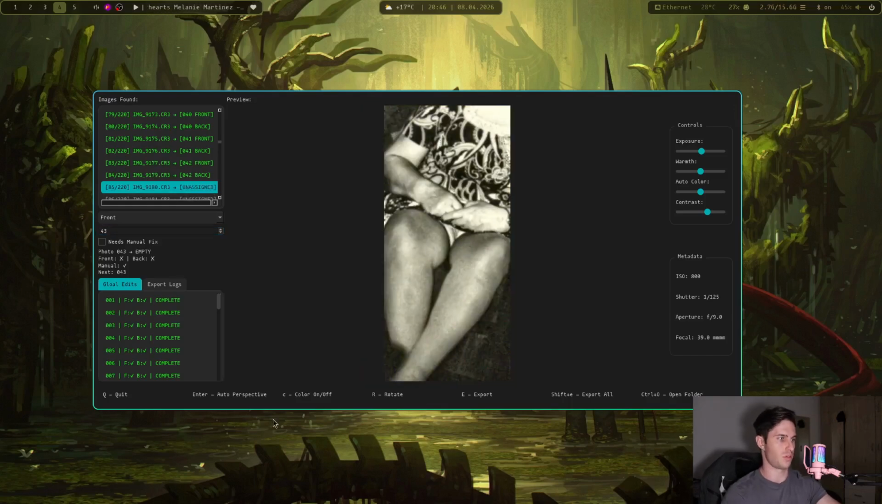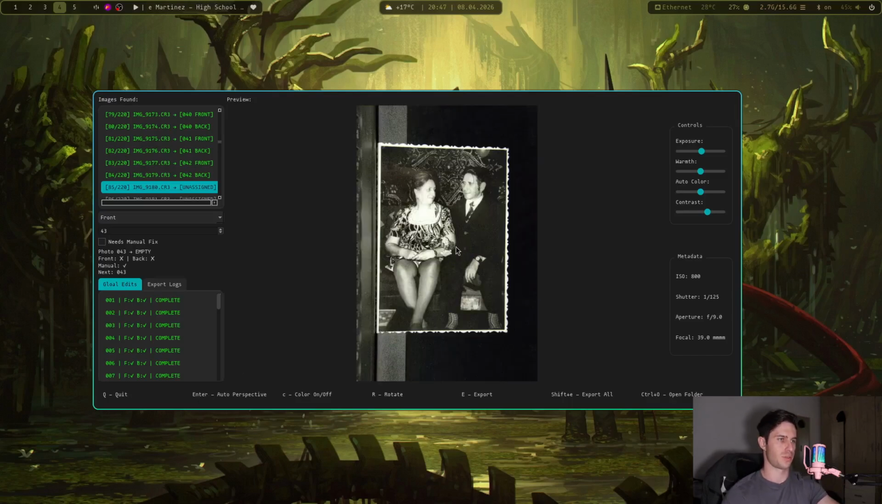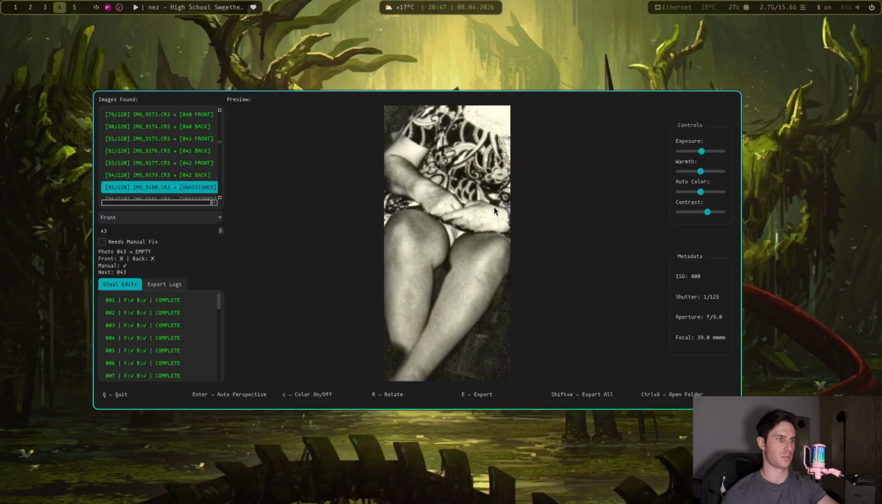This is an example of a perspective that did not capture it well. This is the original photo, but it captures only a very minimal part. In this instance, I just press the needs manual fix. I do type that it's a front 42, but if I go,